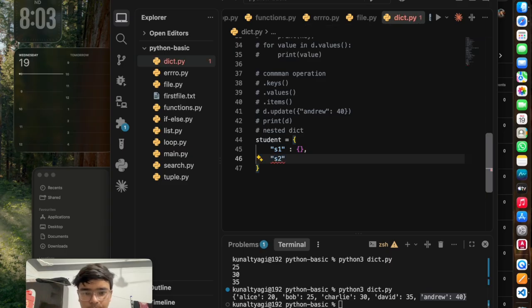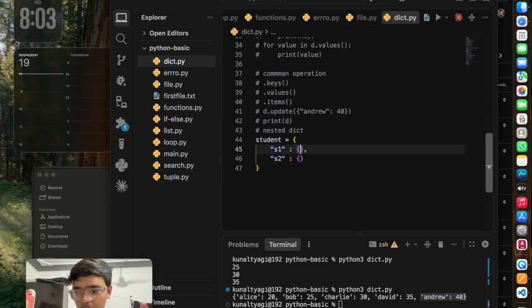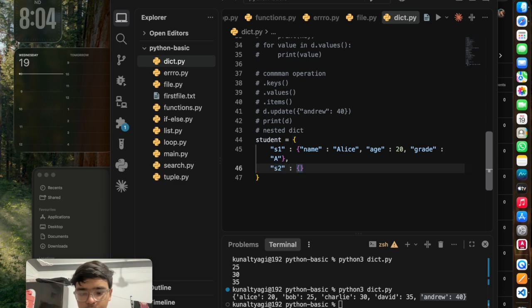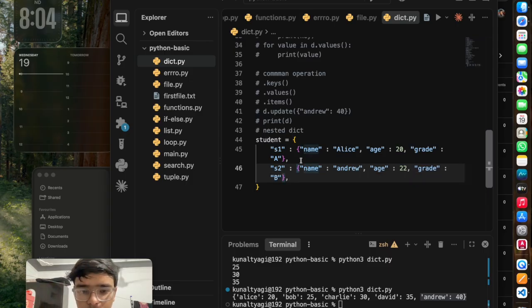Now S2, for example, here we can write name. Let me just use the auto suggested code. Here we are also going to use name. Now if you look here, let's just give something else instead of hope. Let's just write Andrew. Now you can see both of these. So in values we are giving data of this student S1. In the value of S2 we are giving data of student S2.